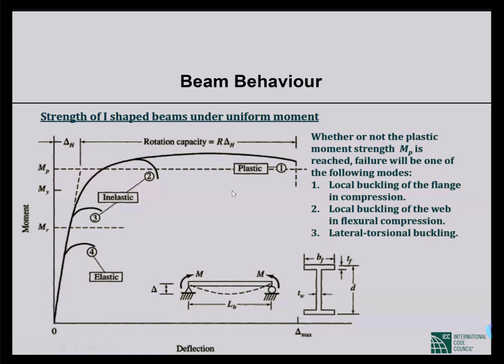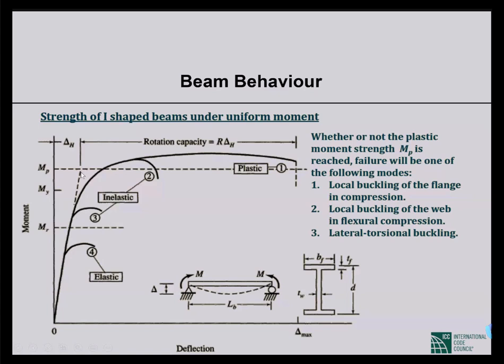Now we have to think of another thing: what would be the moment rotation or moment deflection scenario for different cases. We talked about elements. Now we're talking about the whole section. In some cases, we can reach the complete plastic stage, so we'll have large ductility and high moment capacity. In some cases, we'll have inelastic buckling.